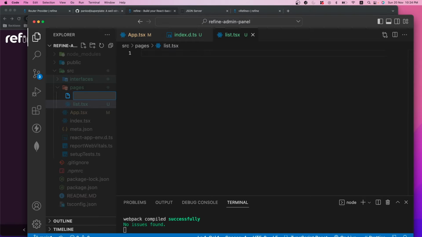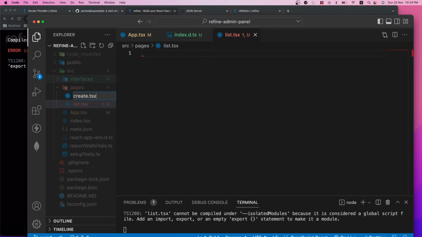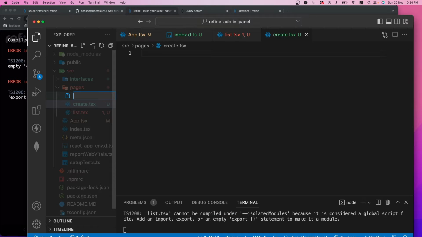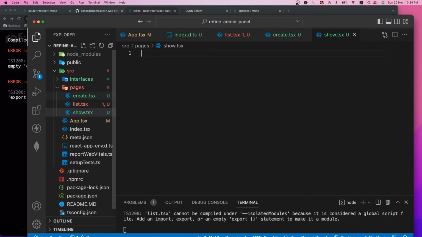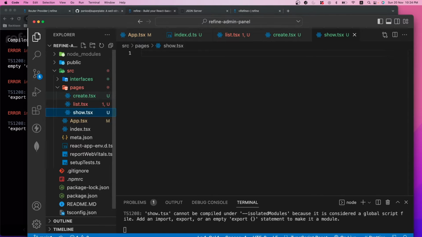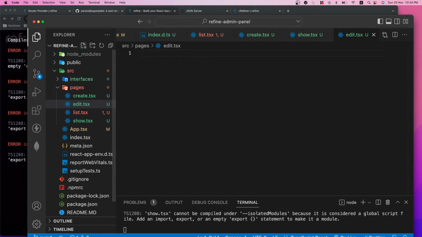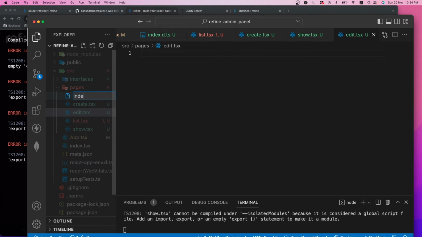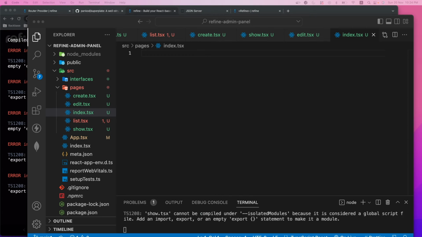Then I'm going to have the create.tsx. All right, then the next one will be show.tsx, which will be to show the individual post. Then I'm going to have the edit.tsx, and then after that I'm going to have the index.tsx. So let me have the index.tsx, and now this index.tsx is going to have the export of all the 4